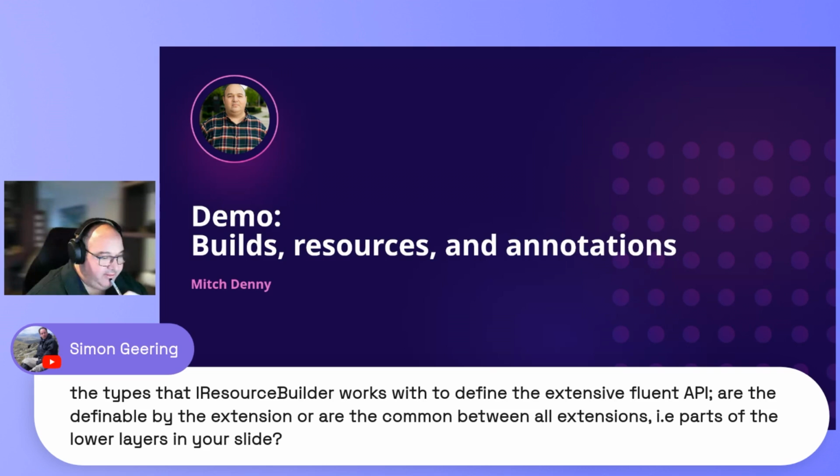Yeah, so we have some base types within .NET Aspire. So we have executable resource, container resource, project resource. They are like the base level, but ultimately there's just an IResource interface. You can define your own resources from scratch. And the Builder API is designed to work with anything that implements IResource. But then we have some extra interfaces that you can add to your APIs to light up different extension methods. So as a concrete example,